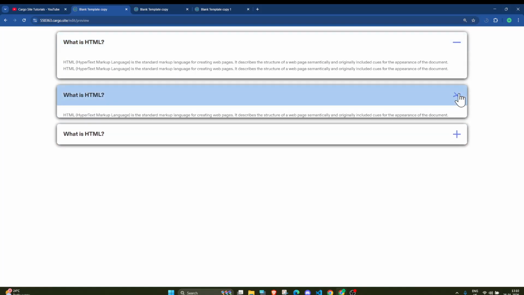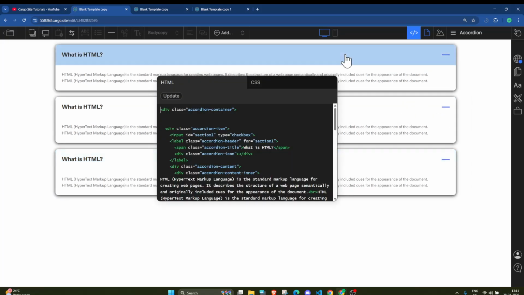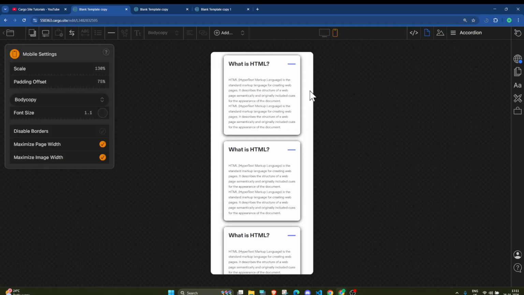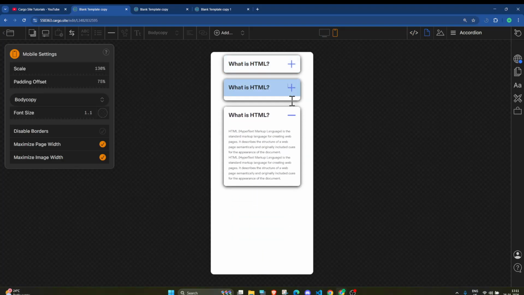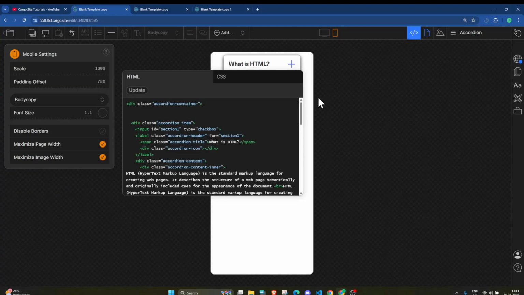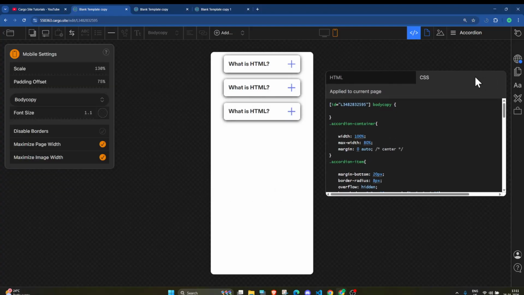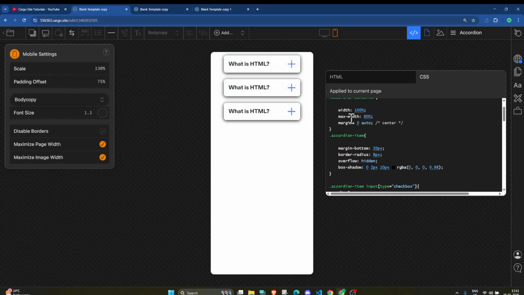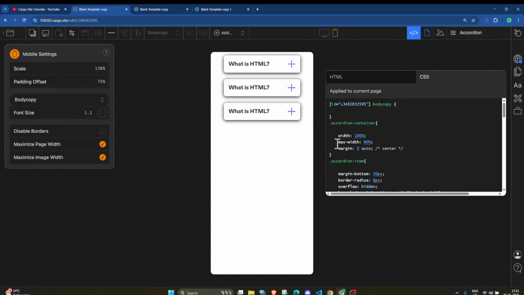Now let's see the mobile version. The mobile version is fine, but I want that on the mobile version I want this to be 100% because currently the max width is 80%. So I will copy this class and I will select this for the mobile version.